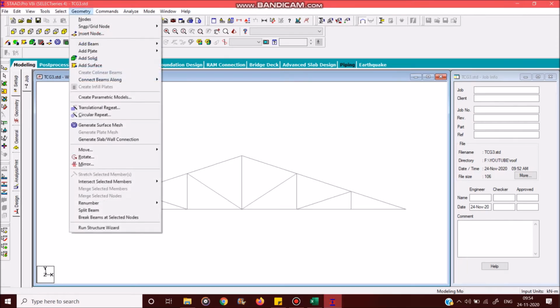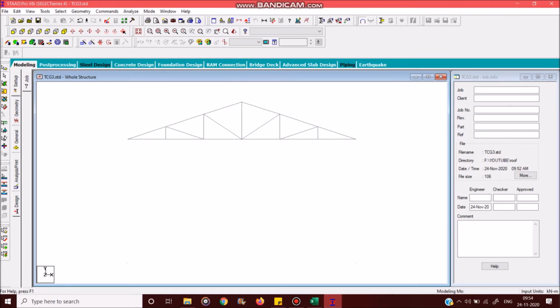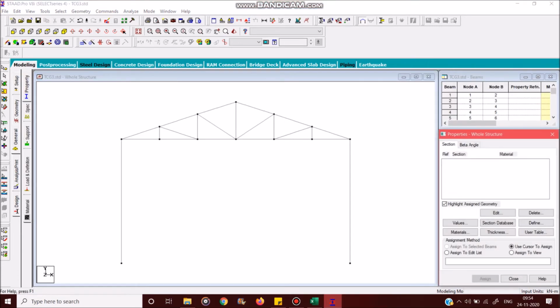I'm going to geometry and nodes. Let me click on 0, and then we know the span is 18, so 18. On doing so, 2 nodes will be generated. Now we can't see the nodes, so just press Shift and K. Now we can see all the nodes. Select the option which says add beams and add the columns. Our model has been generated.